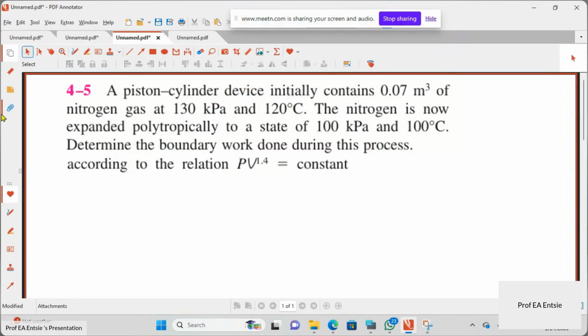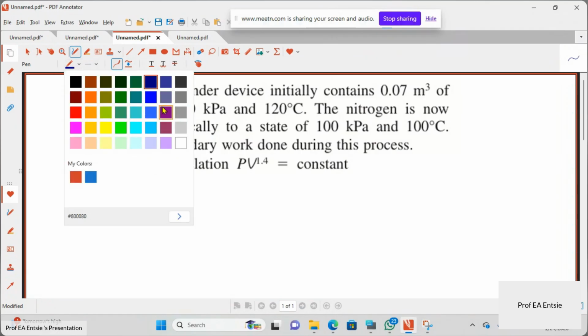this is the example. A piston cylinder device initially contains 0.07 meters cube of nitrogen gas at 130 kilopascal and 120 degrees Celsius. The nitrogen is now expanded polytropically to a state of 100 kilopascal and 100 degrees Celsius. Determine the boundary work done during this process according to the relation PV exponent 1.4 equals constant. So if you check this very well, you see that